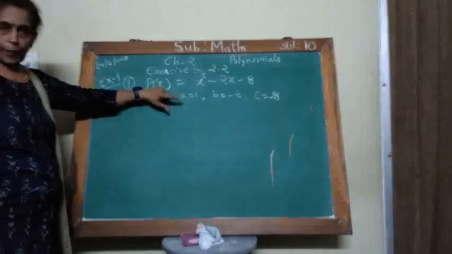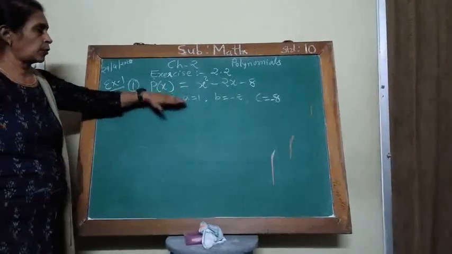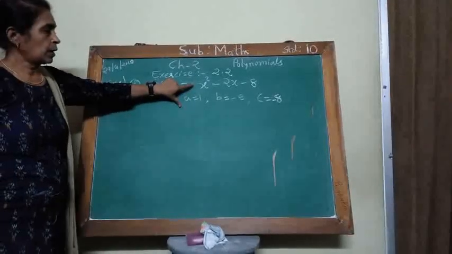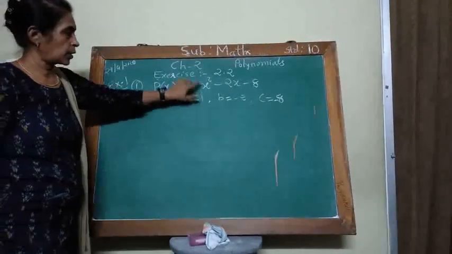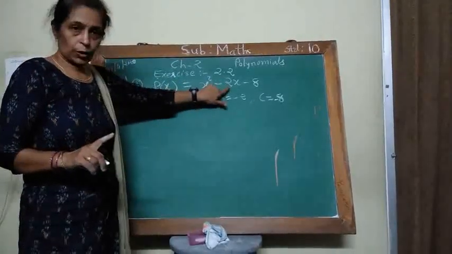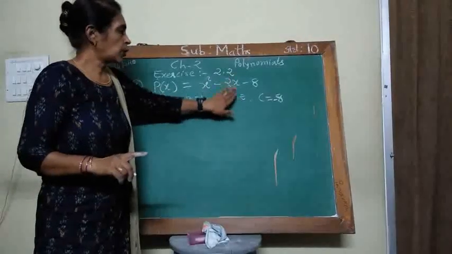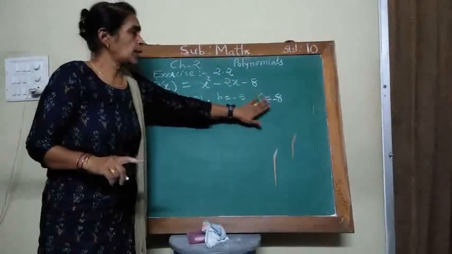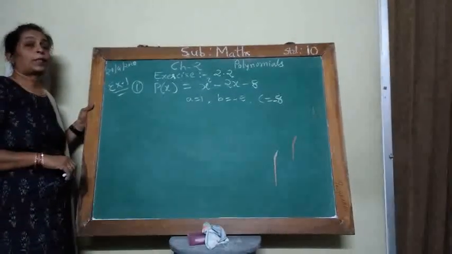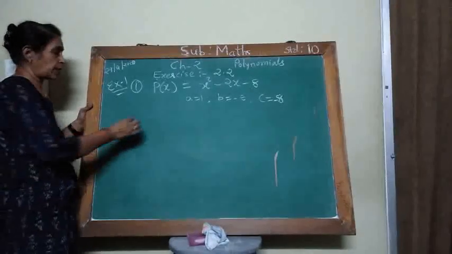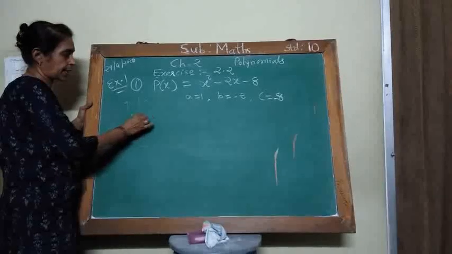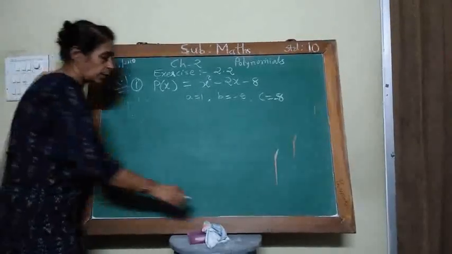So we compare the general form of a quadratic polynomial with the given polynomial, and in comparison I get the coefficient a equal to 1, because no number is there, that means it is 1; b is minus 2, don't write x here; c is equal to minus 8. Now we have been asked to find the zeros. In exercise 2.1 they gave the parabola shape and you had to see at how many points it intersects the x-axis and find the number of zeros.